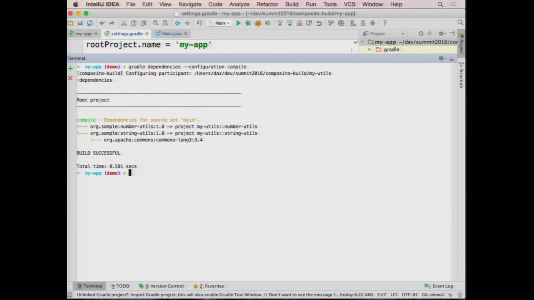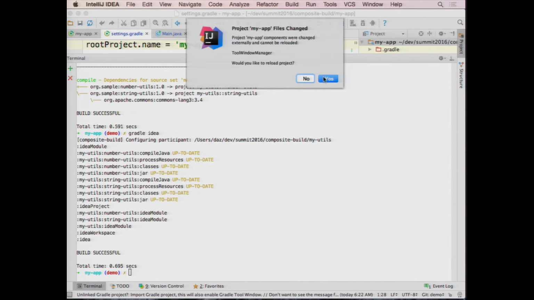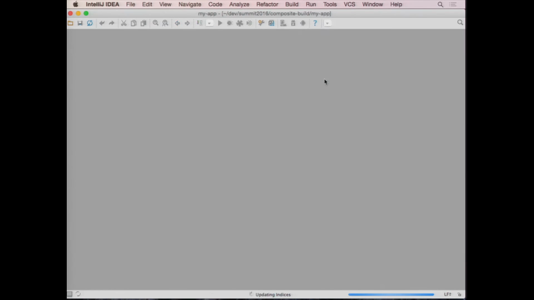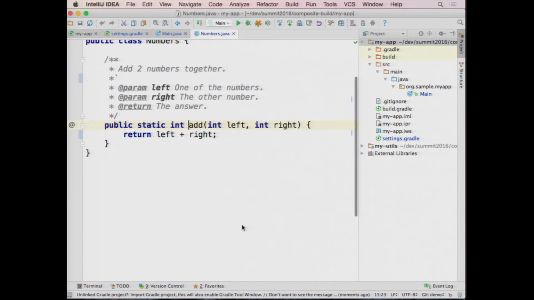And what else can we do with this? I guess it'd be really nice if we could just work on all these things at the same time. So I'm going to just try running the idea task. And that should generate a, I will reload, thanks very much. And now you can see I've got a fully configured idea project with both my app and my utils in there. I can navigate between them, I can navigate between sources. I can even make changes, refactor